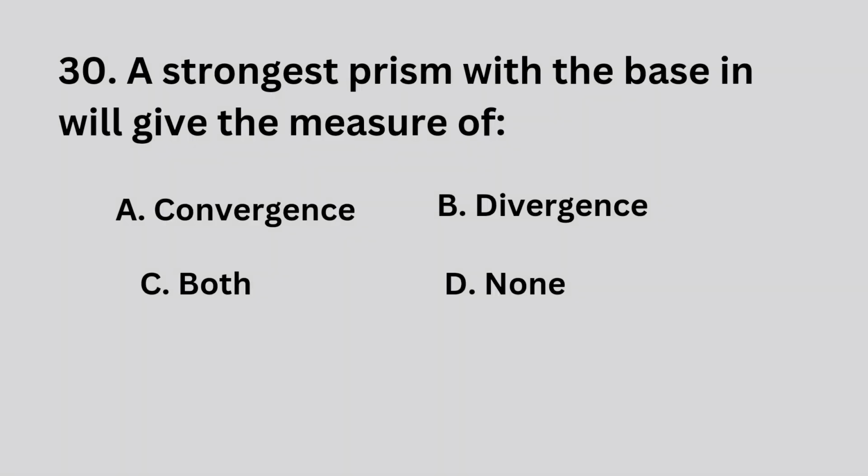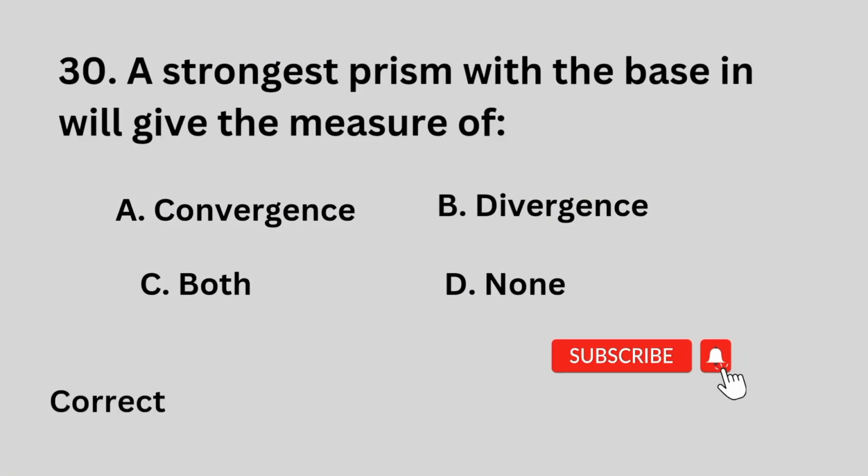Moving to the last question. A strongest prism with the base in will give the measure of? Option A, convergence. Option B, divergence. Option C, both of them. Option D, none of them. And the correct answer is option B,